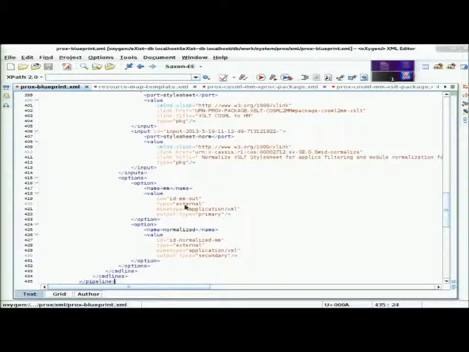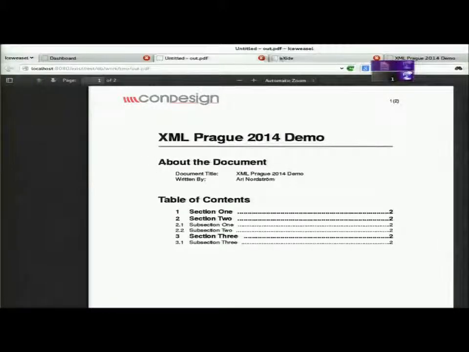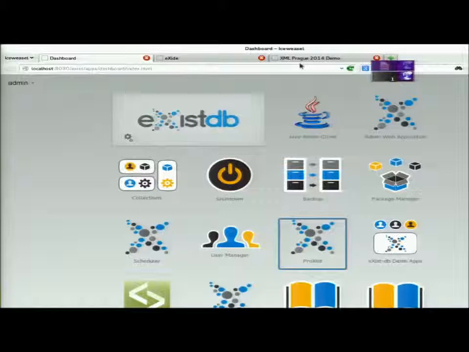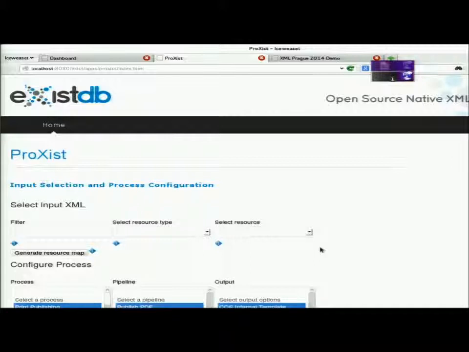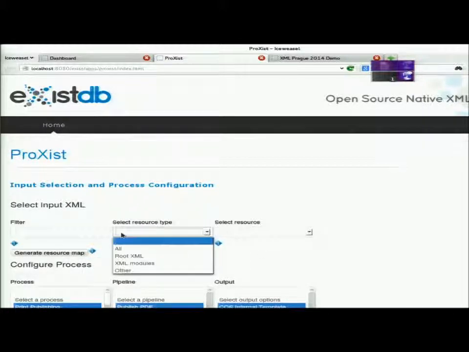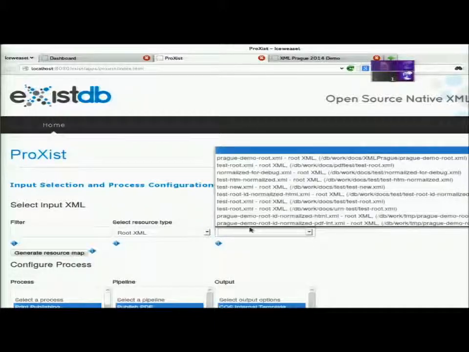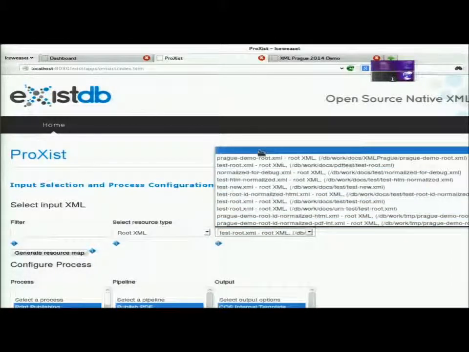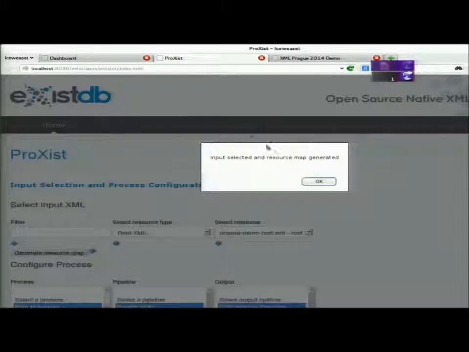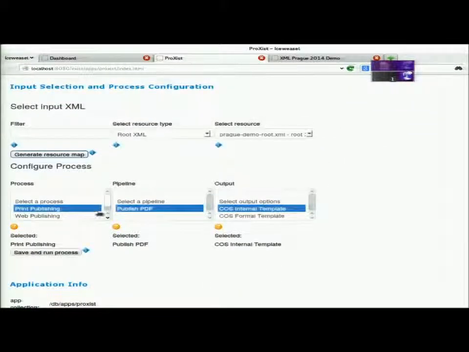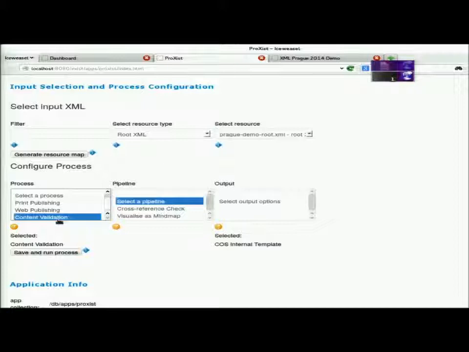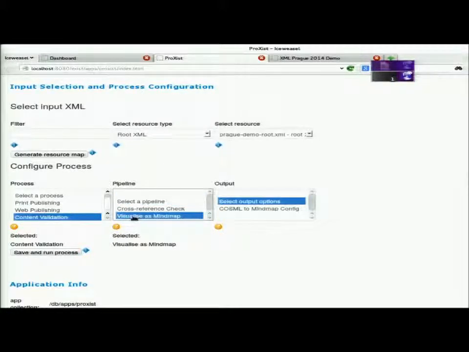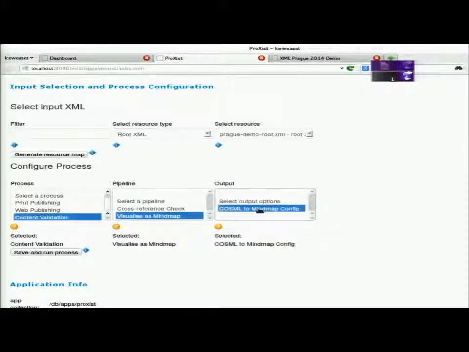go back to where's the browser? Oh, running tools. Now, probably I might need to empty the cache here, but let's try this. Root. Prague. Oops, sorry. There. And there it is. And what this does is run another XProc